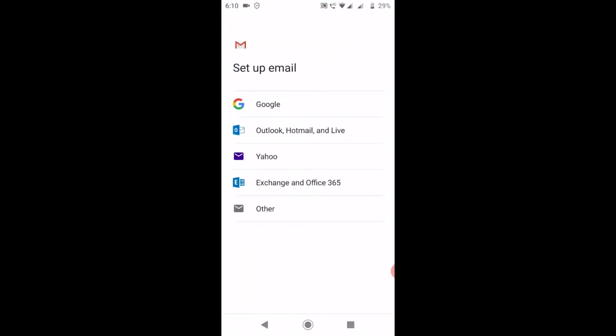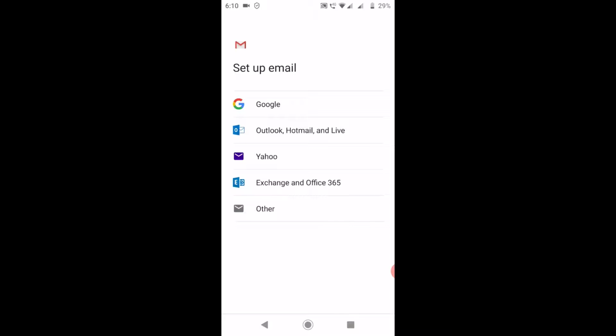Now there are some predefined categories already made by Gmail. If you have a Google email, click on Google. If you have an Outlook, Hotmail or Live email ID to be configured, click on the second option. If you want to configure your Yahoo email, click on Yahoo.